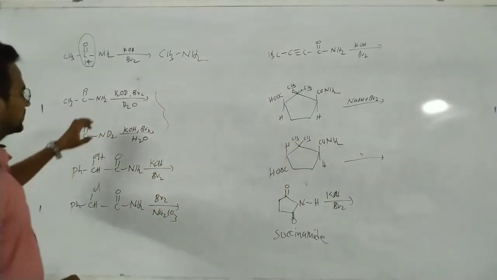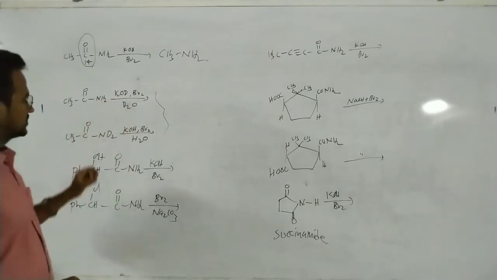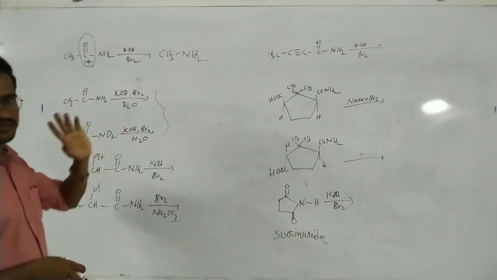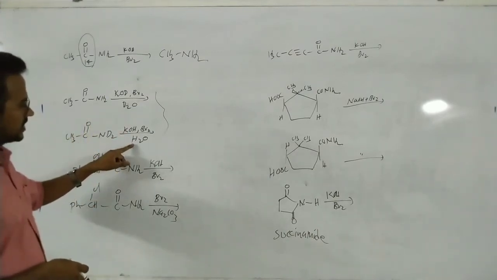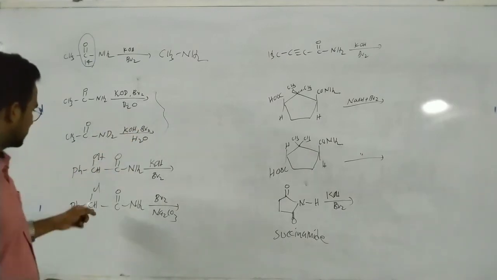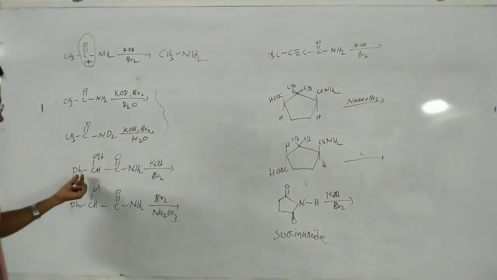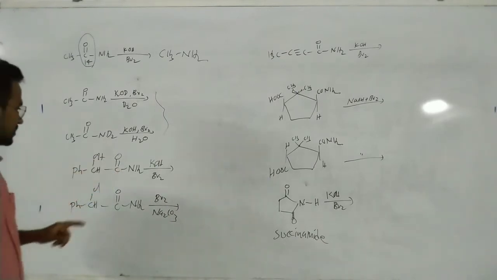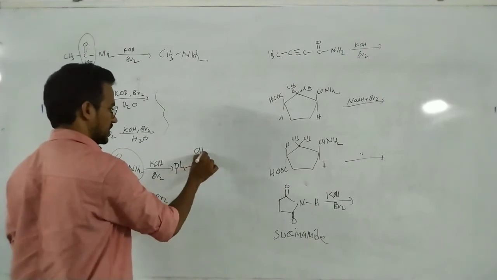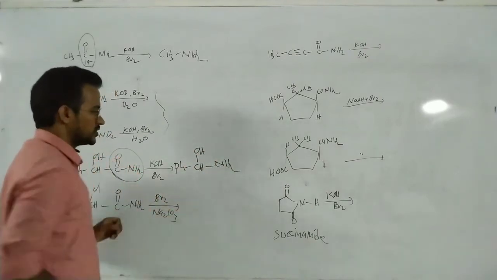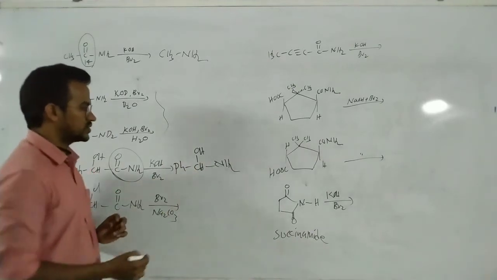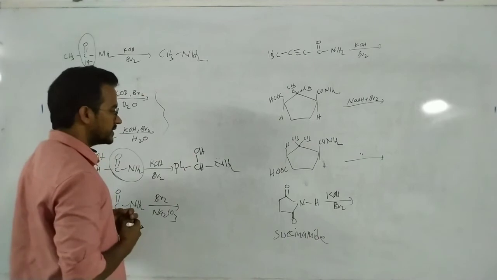Okay, by following the mechanism we can write these products. Where you can use water is for the hydrolysis of the alkyl isocyanate; H2O is required. So based on those steps we can write the products. And in this case, that is a different example, Ph, CHOH and CONH2. Here first of all this CONH2 is converted to CHOH and here NH2. So this carbon is bonded with two highly electronegative elements, OH and NH2.